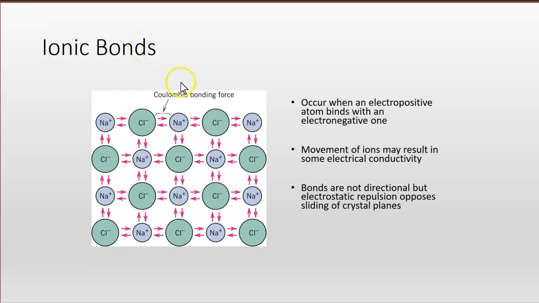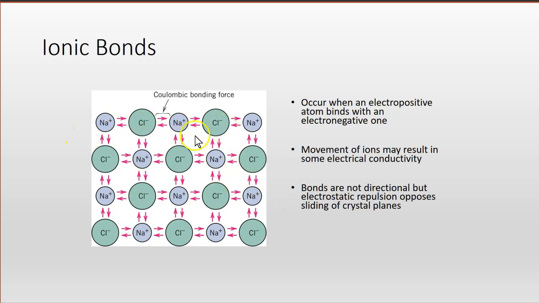With ionic bonds, which occur when an electropositive atom binds with an electronegative one, in other words, one atom will donate an electron and for it to be accepted by the other atom, thus forming oppositely charged ions. Such oppositely charged ions can form bonds, and these are called ionic bonds. In such a structure, the movement of ions can result in some electrical conductivity,